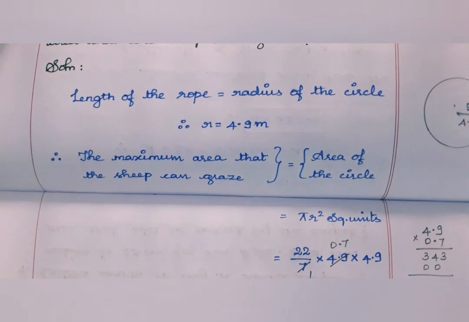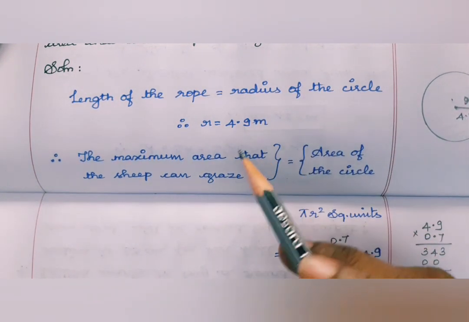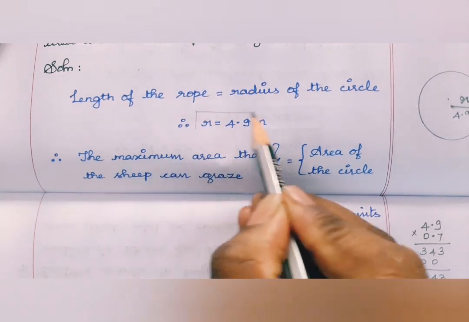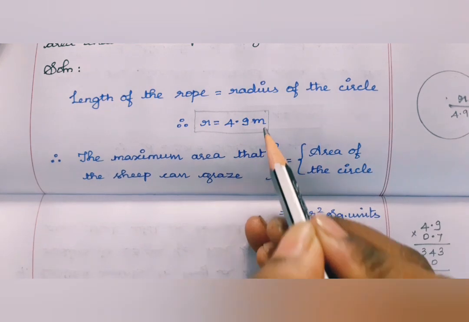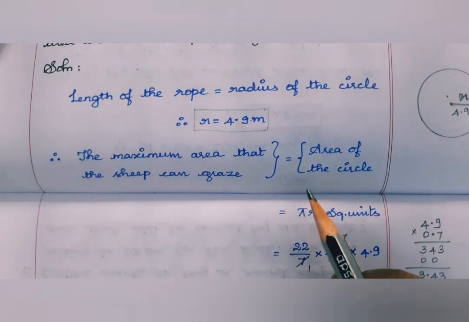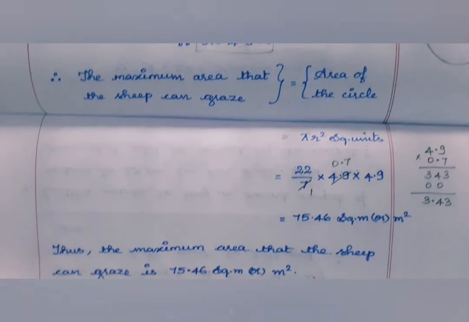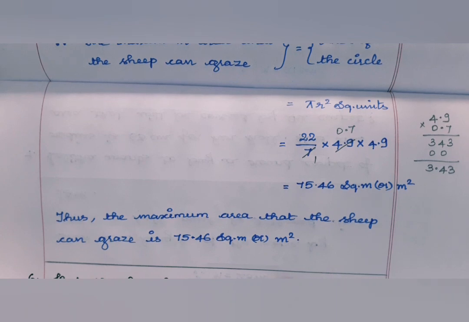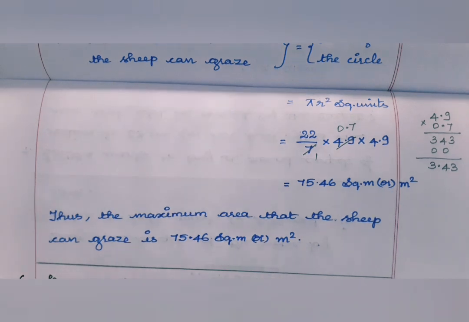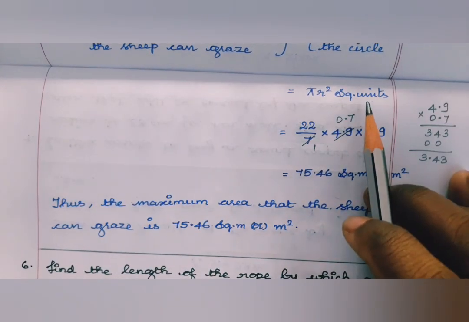So let the rope be the radius of the circle, therefore r is equal to 4.9 meter, okay, 4.9 meter. Now therefore the maximum area that the sheep can graze is equal to the area of the circle, because with the help of the length of the rope, it can graze the place where it was tied, but the only thing is it can graze the grass in the shape of the circle, right? Therefore it is equal to pi r square units,